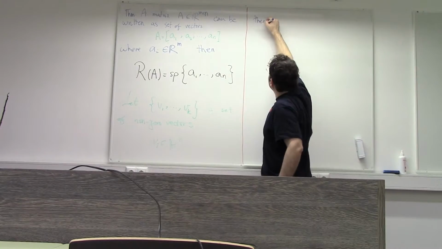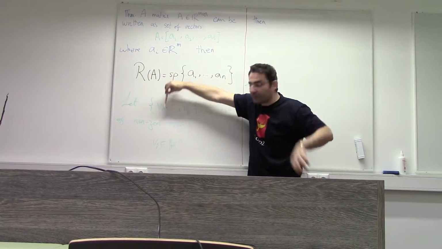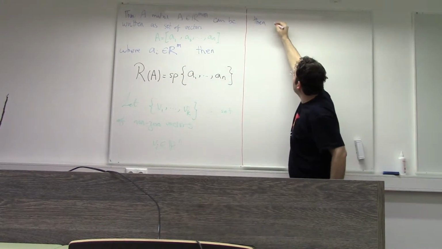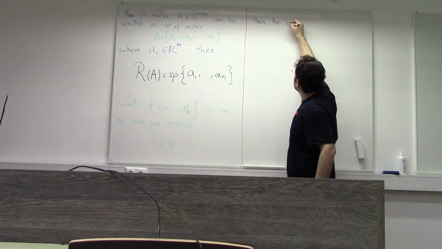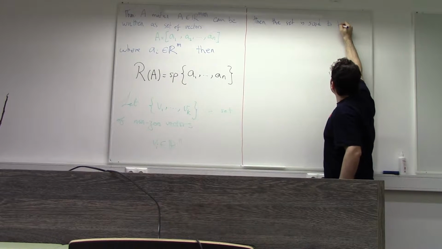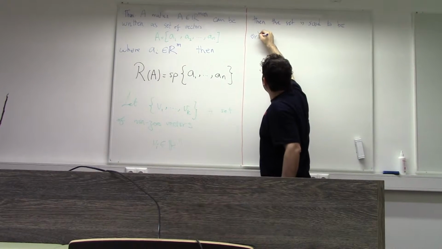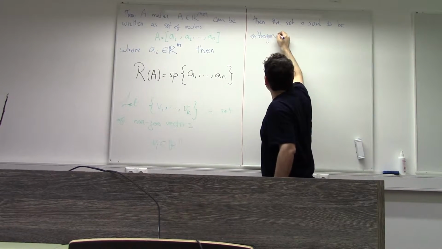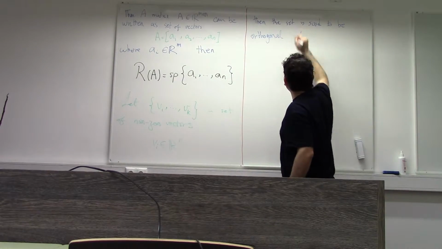So look, we have the set of these column vectors. Then the set is said to be orthogonal if